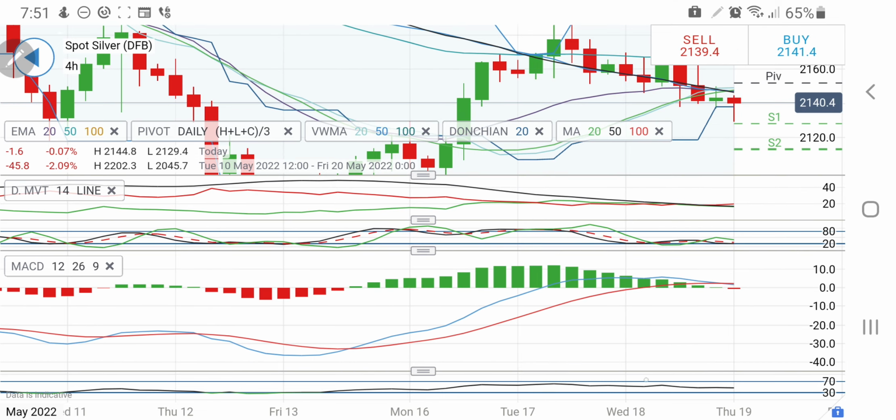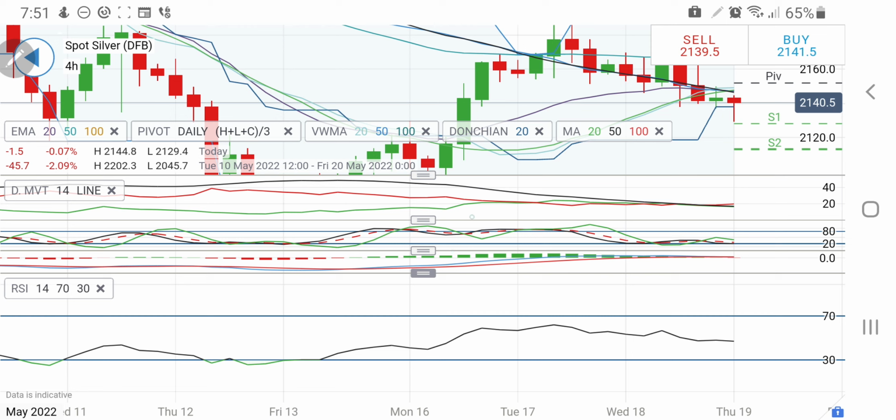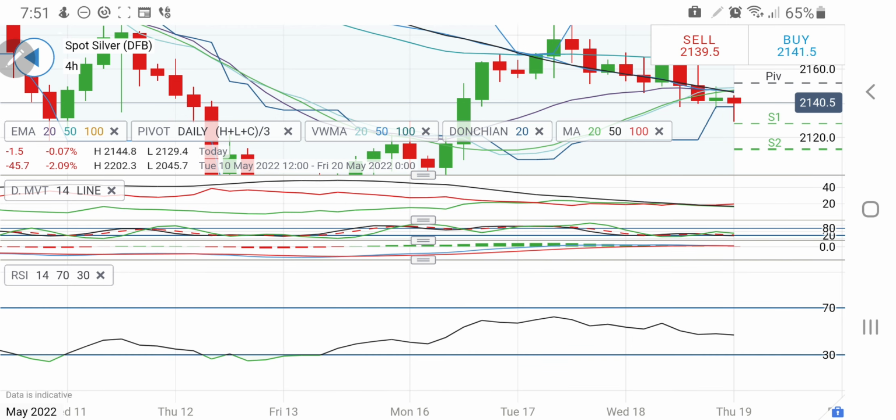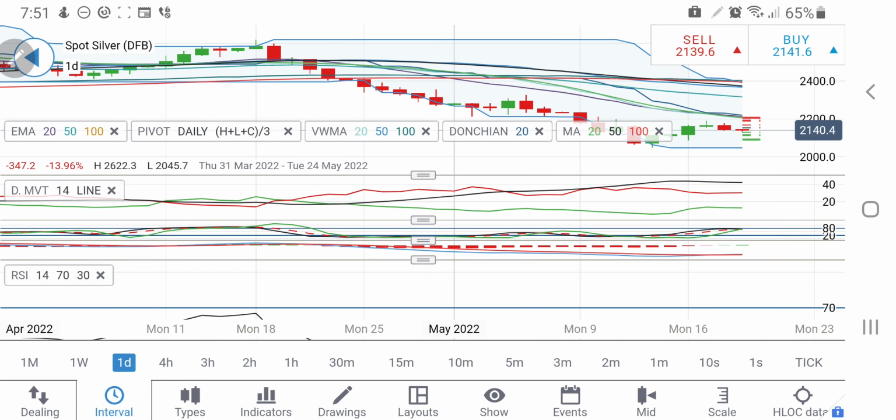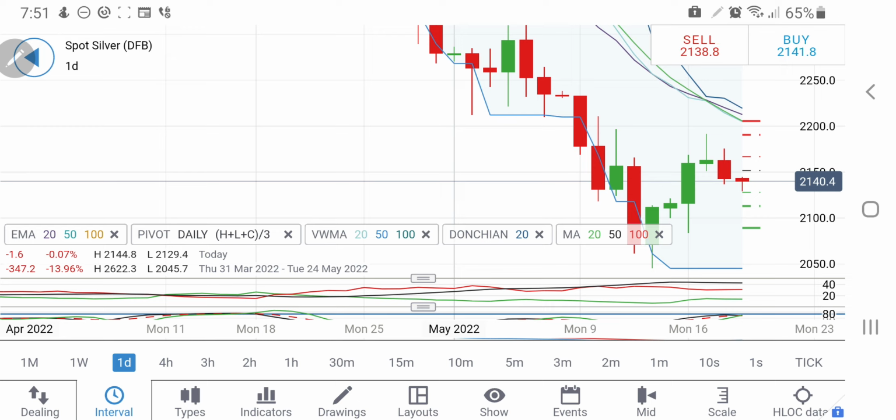And MACD has just crossed over, first red candle. So probably if it does not reverse, we may see successive red candles in the coming time, and it can try to drop towards 2115 and 2100 levels. The RSI is also trading flat, and now let's come back to the daily charts. On the daily chart, see these two candles, lower highs, lower lows.